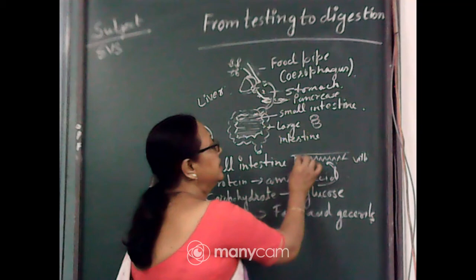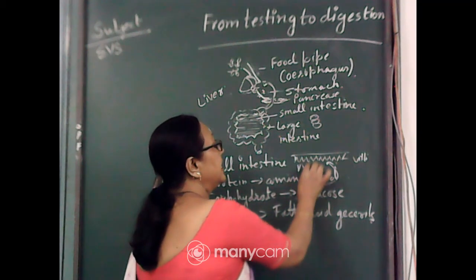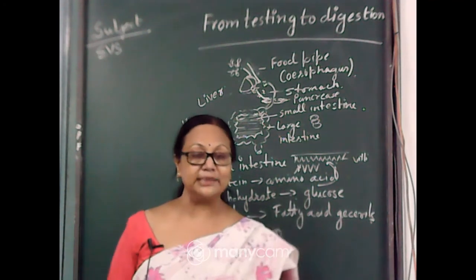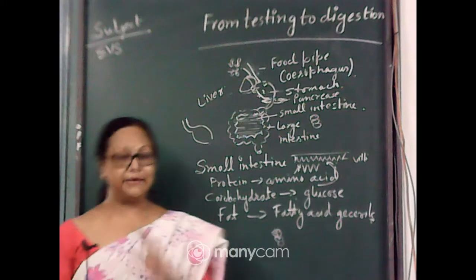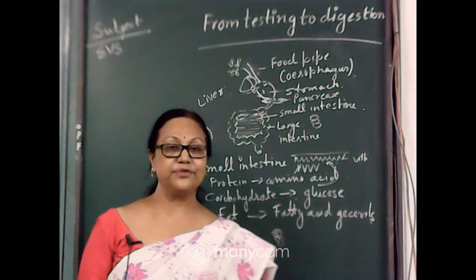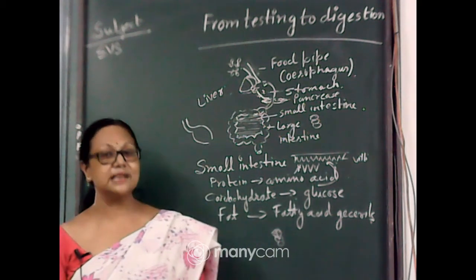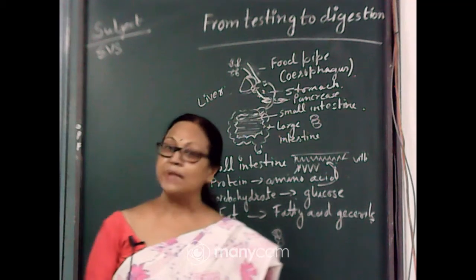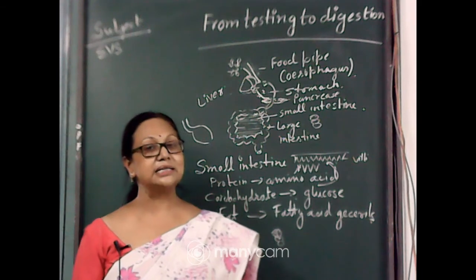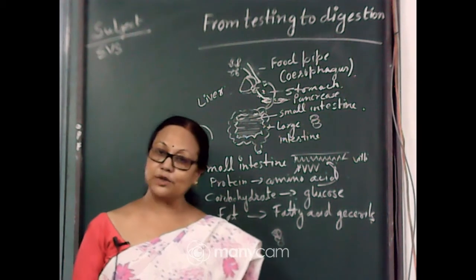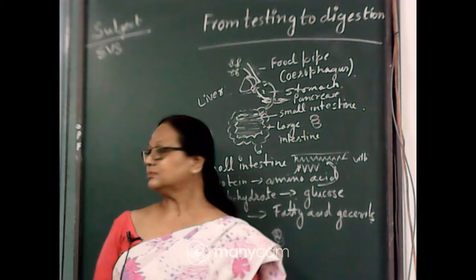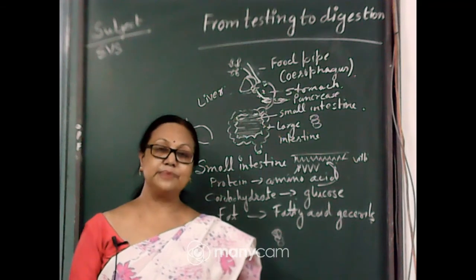The small intestine has villi, finger-like projections. From there the food is absorbed by the villi and mixes with the blood, and blood circulates all over our body, providing food to the cells wherever needed. In blood, 90% is water, and the 10% is red blood corpuscles, white blood corpuscles, platelets, and salt.